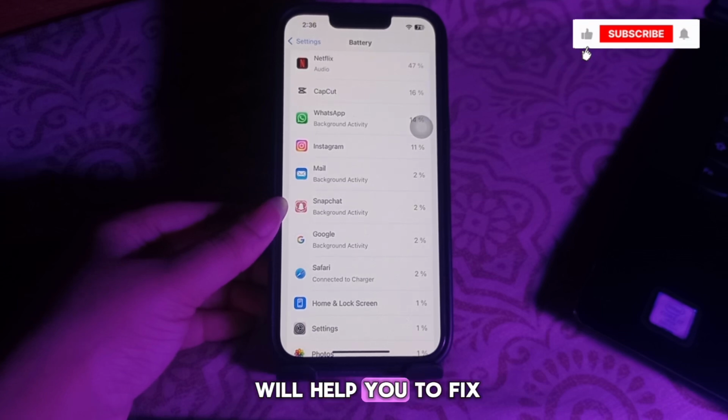I hope this video will help you to fix iOS 18.5 battery drain,